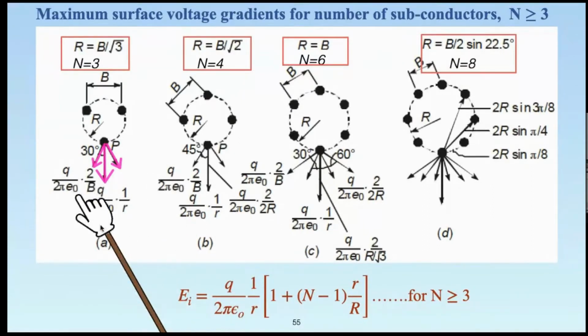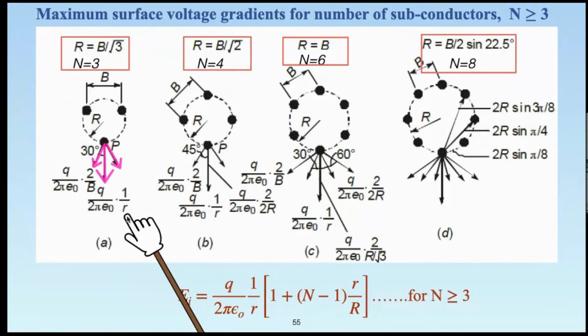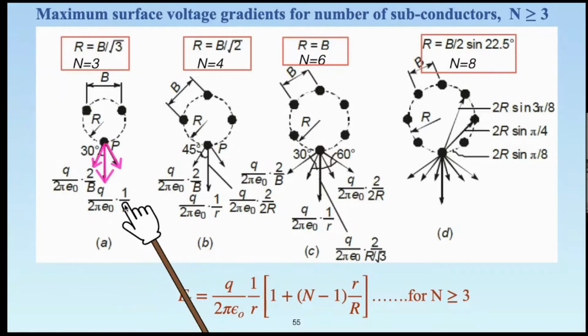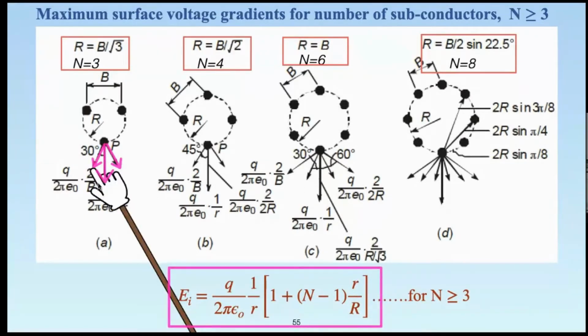And then we take q upon twice pi epsilon 0 times 1 by r outside, and then try to solve it. Inside the bracket, you'll agree that the resultant will be 2 times twice r by b, and then plus 1. That 2 times twice r by b can be simplified, and it can be arranged in this particular form of equation that is shown here at the bottom. How it is arrived at is very simple. You can see this is the first term, so all is taken outside. The first term will have only one inside, right?